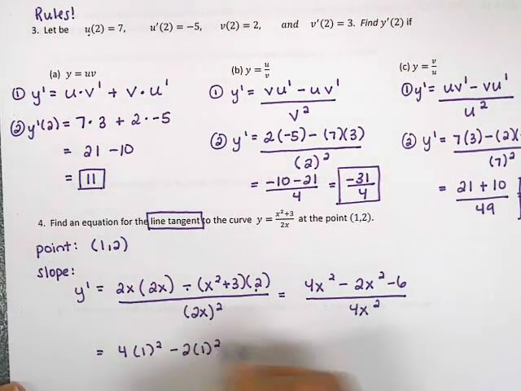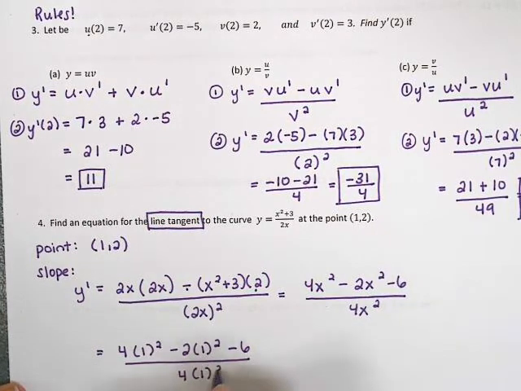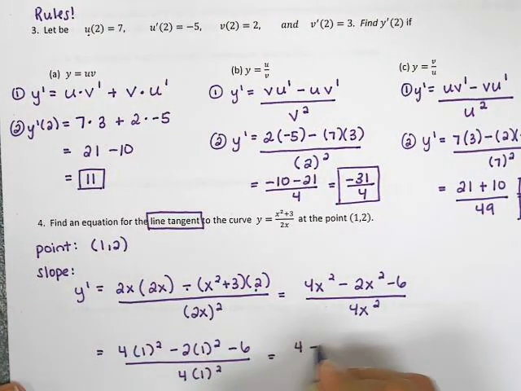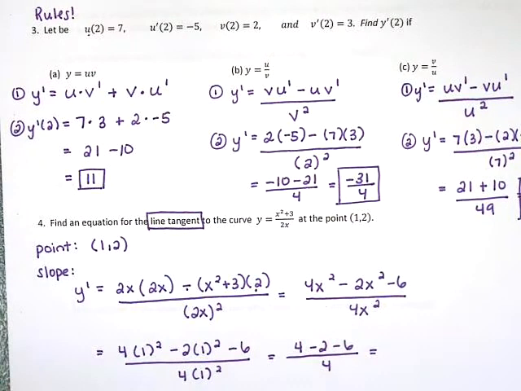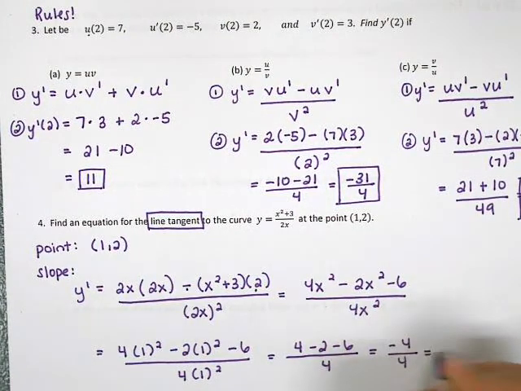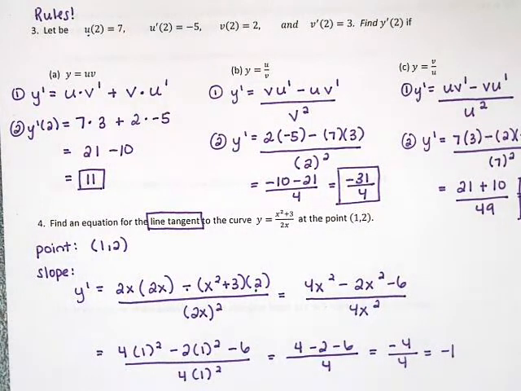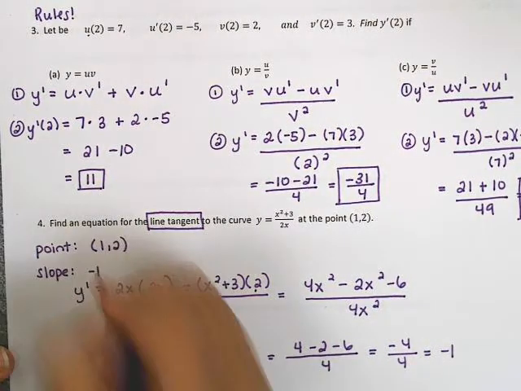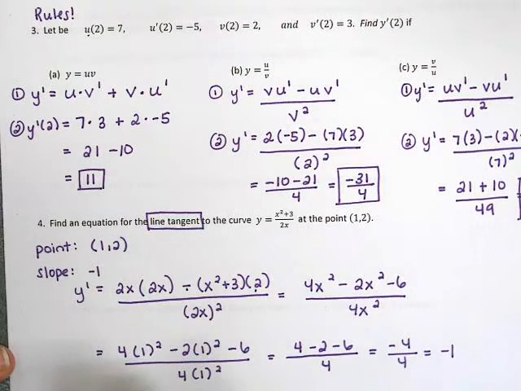If I plug in the x value that I know, I have 4 times 1 squared minus 2 times 1 squared minus 6, all over 4 times 1 squared. So 4 minus 2 minus 6, all over 4. 4 minus 2 will be 2, minus 6 is negative 4, over 4, which is negative 1. So my slope is negative 1, which means my tangent line would be